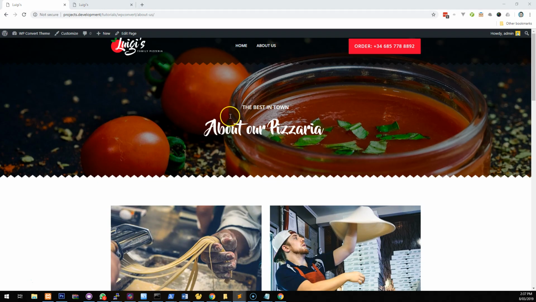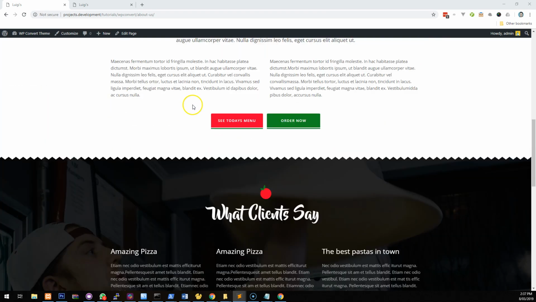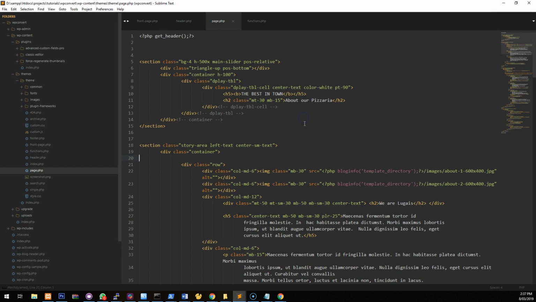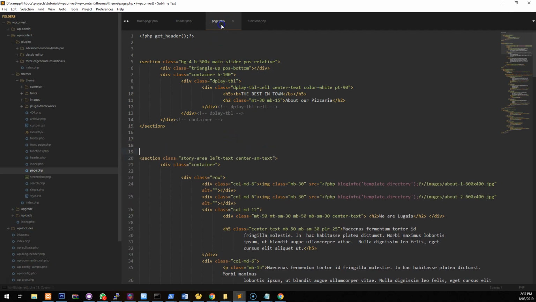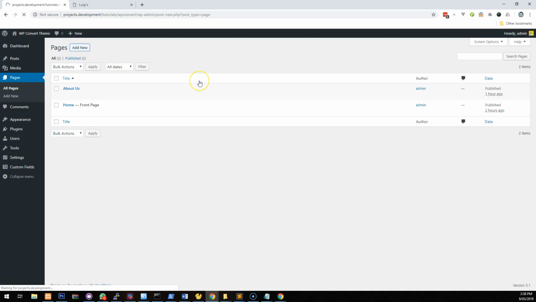The only last thing I'm going to show you is the featured image. So at the top here, this image here may very well be an image that is included in the actual style sheet, but you might want to use this area here, and depending on which page you're using, you might want the header or the image to be different. I'll show you how to do that shortly, but one thing I noticed is that we used page.php for this About Us page, which means that every other page we create is going to be exactly the same thing. So if I create Contact Us,